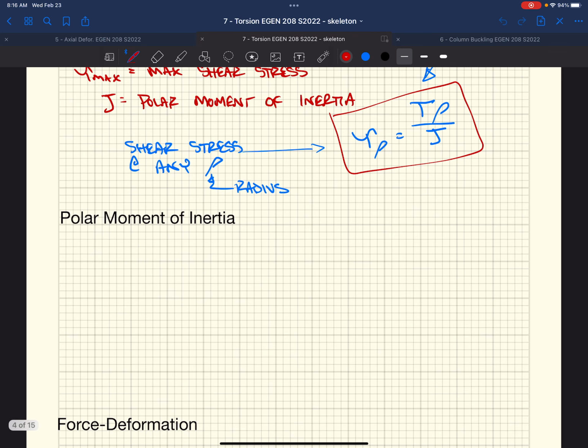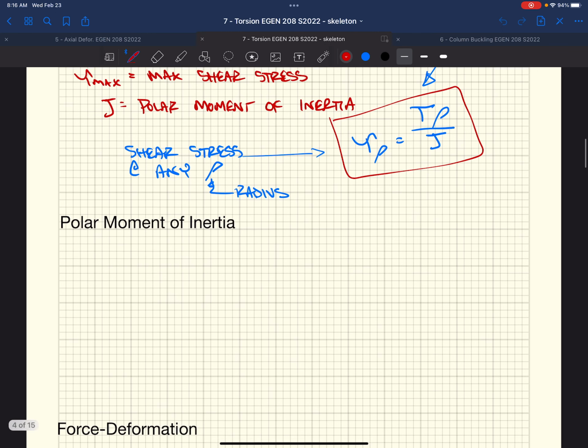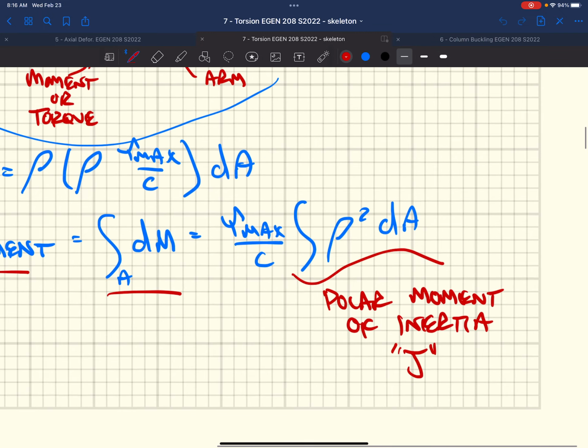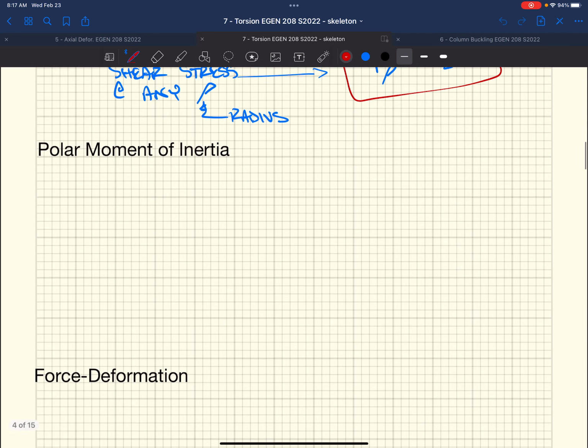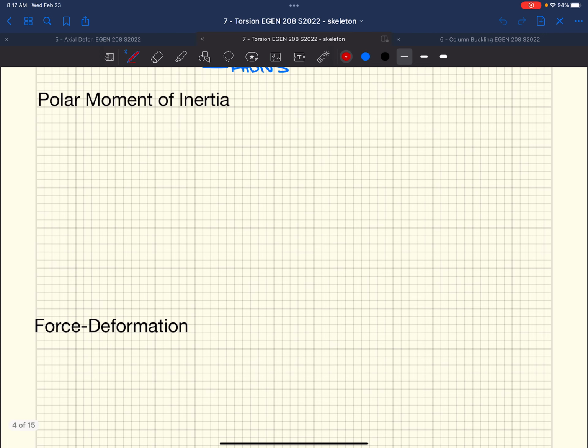Well, what's this polar moment of inertia? Again, as engineers, I showed you up here it was this crazy integral of the radius squared over the area. It's like, screw that. We as engineers don't like to do integrals. I don't like to do integrals. So what do we do? We have predefined equations that were developed for the polar moment of inertia. As I mentioned, in this class we're really going to be focusing on